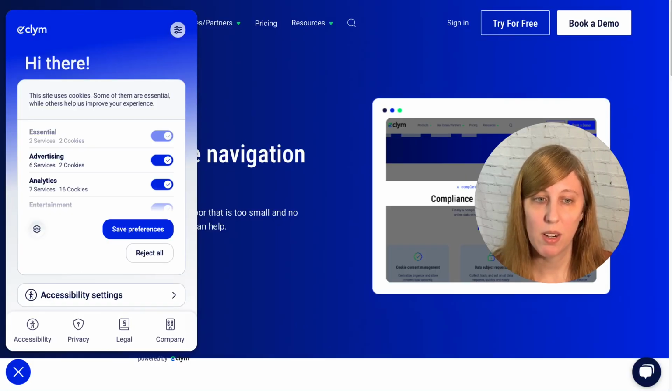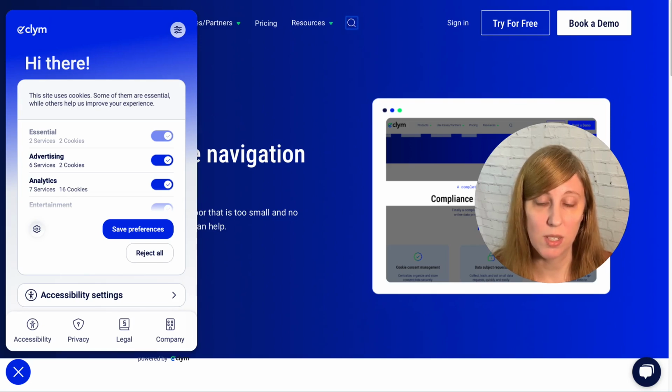So here we are on a website, and I'm going to hit the Tab key, and the focus is behind this large pop-up. This pop-up is covering a pretty decent amount of screen real estate, and we can't see the focus. Finally, I get a focus that's actually visible to me.